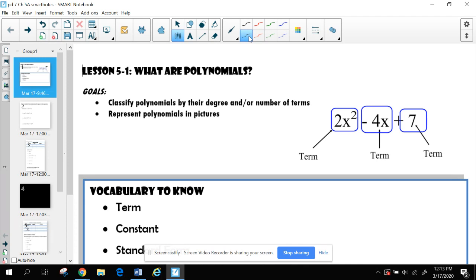You guys watched a very short video yesterday that introduced the idea of terms. So over here, these are each labeled a term. You also talked, and we've talked in the past, that this would be considered a coefficient. Here we have an exponent. So we're going to talk about different names we have for each of those. Some vocab to start for us